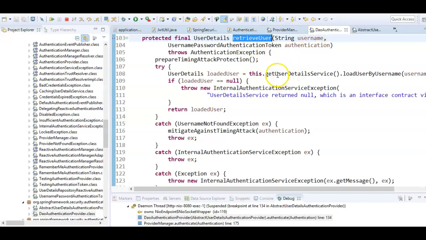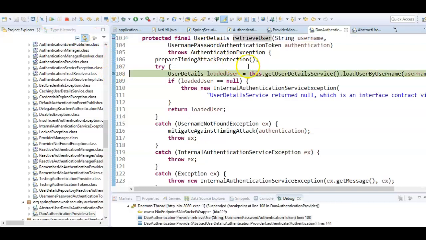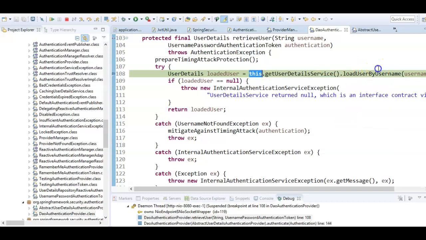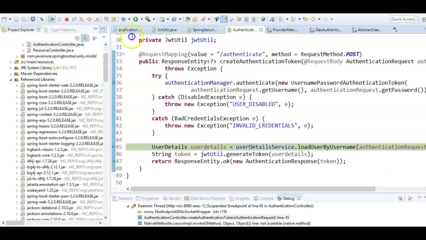So here we have the user detail service. So let us add a debug point here. All these classes, they are Spring Security jar classes. We are just going through them once. So this is the custom user detail service that we have defined. So using this, we'll be loading the user details object and then comparing it with the credentials that have been provided by the user. If the authentication is successful, an authentication object will be returned back. So here currently we are not getting any exception from this authenticate method. So the authentication is successful.